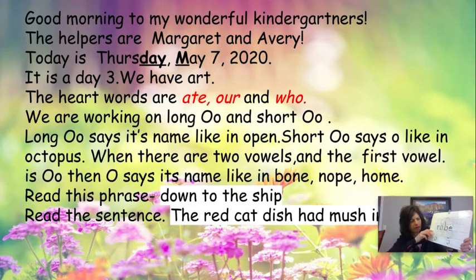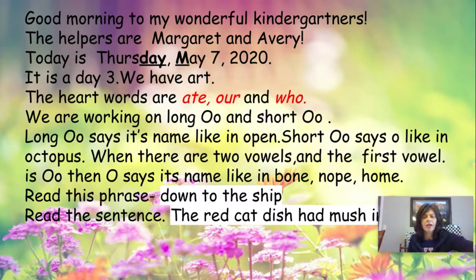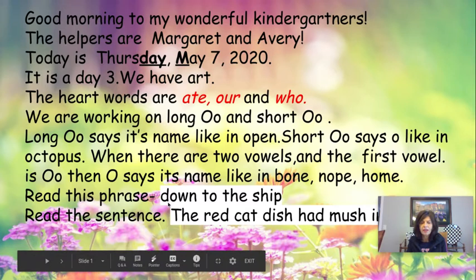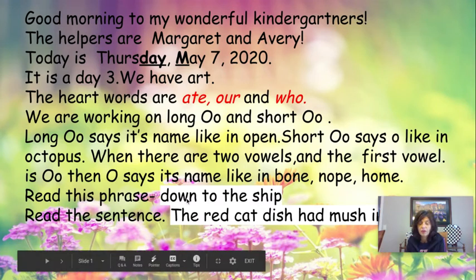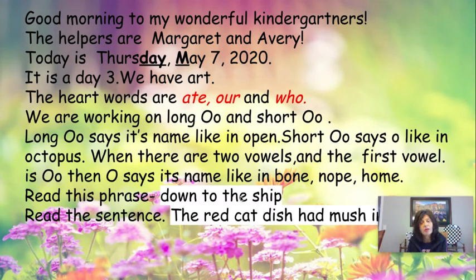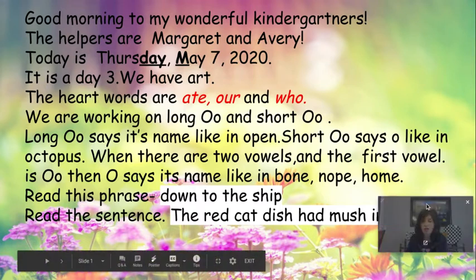Have this word right here. E at the end says O, say your name. And O's name's O, so it's robe. Okay? All right. Now I want you to read this phrase. Okay, I'll give you a second to read this phrase. Down to the ship. Okay. Kiss your brain if you're able to read down to the ship. Remember, that's a phrase, so it's not going to be a complete thought.